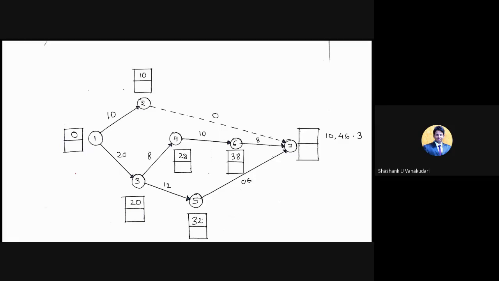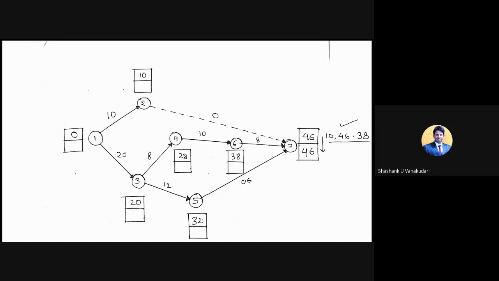So we got 3 different EST values here. In the previous problem we got only 2, but here we got 3. Okay, so for that I am selecting the maximum one, that is 46, and I am fixing that in the box, that is 46. Clear? Now the same value you note down here at the LFT box, that is 46. You need to select the maximum one among these 3. Clear?